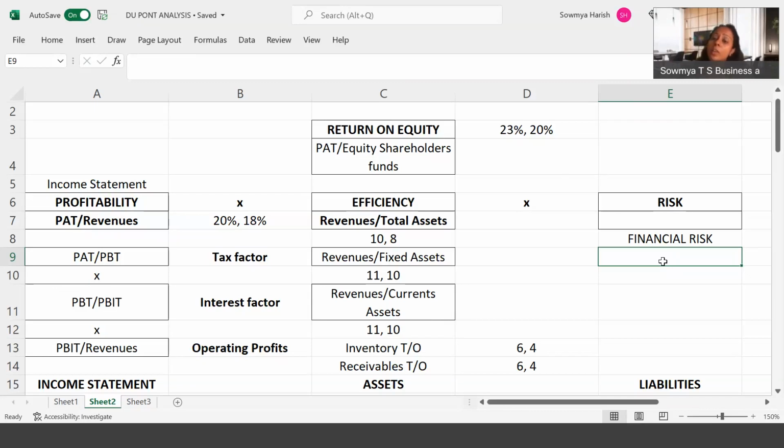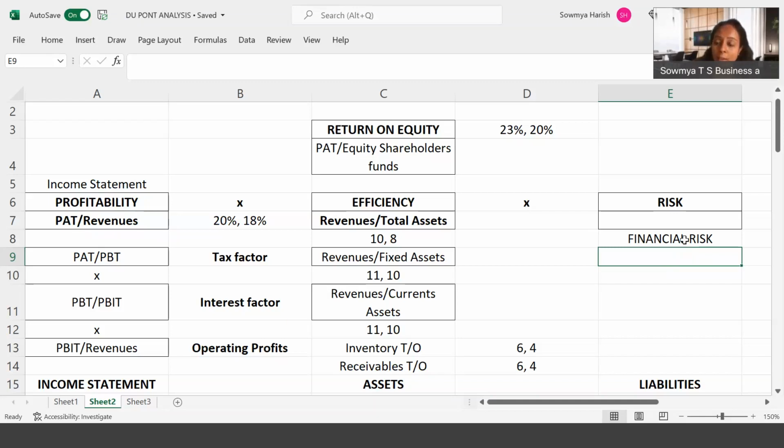So financial risk will tell us what is the composition of the loans or the borrowed funds in the total capital structure of the company, and how it impacts the return on equity. So that we will see whether it is good to have borrowings along with equity share capital, or is it not good to have. That we will see, whether the firm should take risk or not. And we know that when you take a little risk, it also ends up in having more profitability. But taking that risk, if it crosses a particular limit, might cause damage